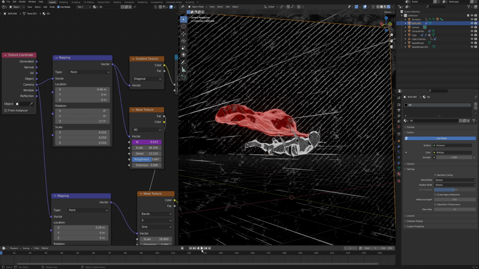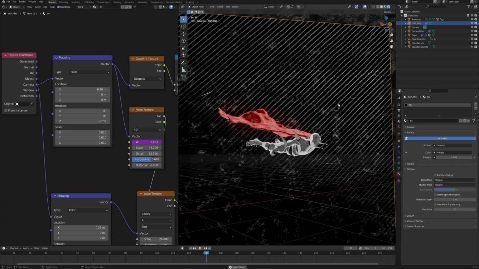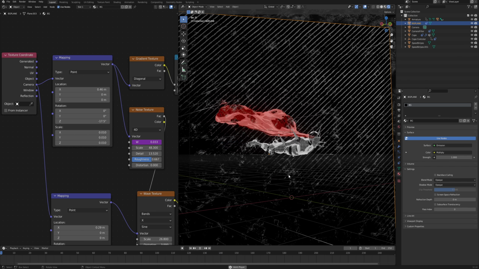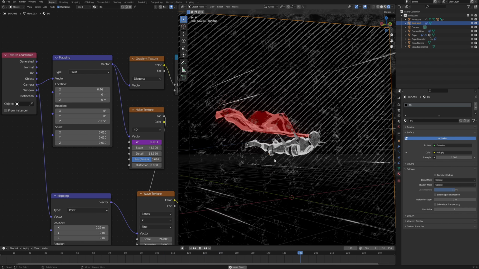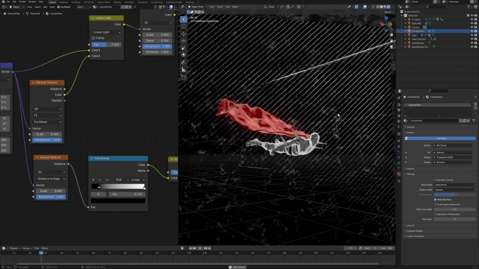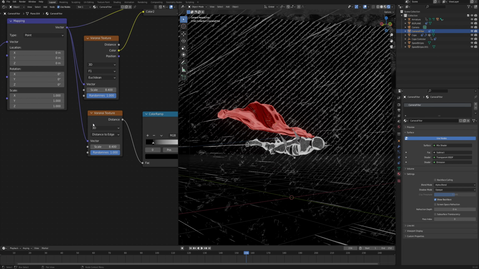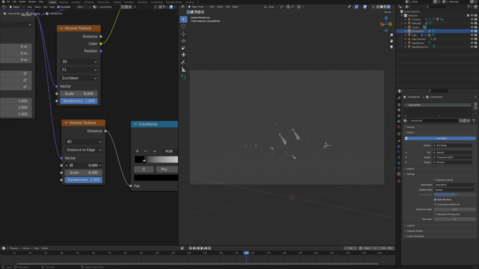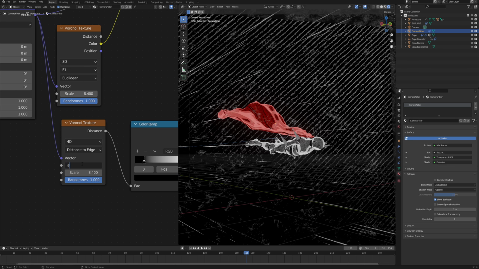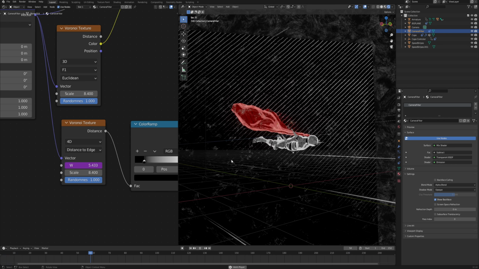Now, the very last thing to do in terms of the shading is, as you click play, you can see that right now this camera filter is all the time on the screen and is not moving. And I just feel like it would be really nice if we could animate this as well. So we can just pop into this camera filter material, and just as we did before, in this Voronoi texture, the distance to edge, we can change it to 4D, and the W vector is going to be controlled by the driver. So again, frame divided by 30. This value seems to work for us quite well, and this already adjusts some aspects.